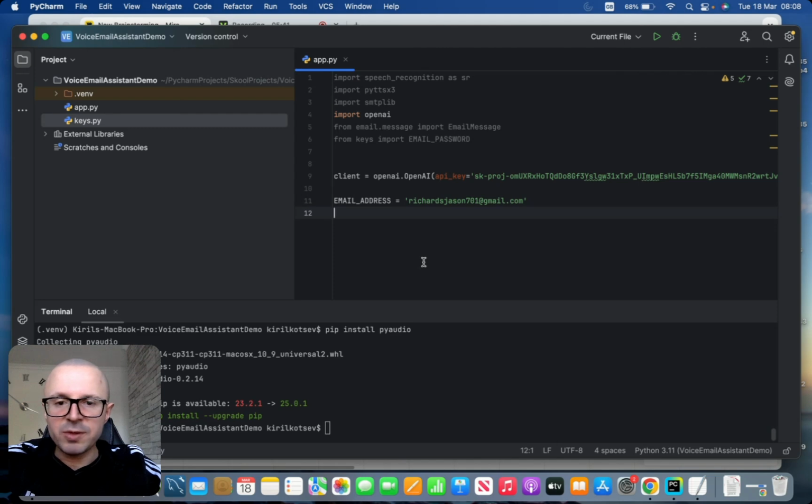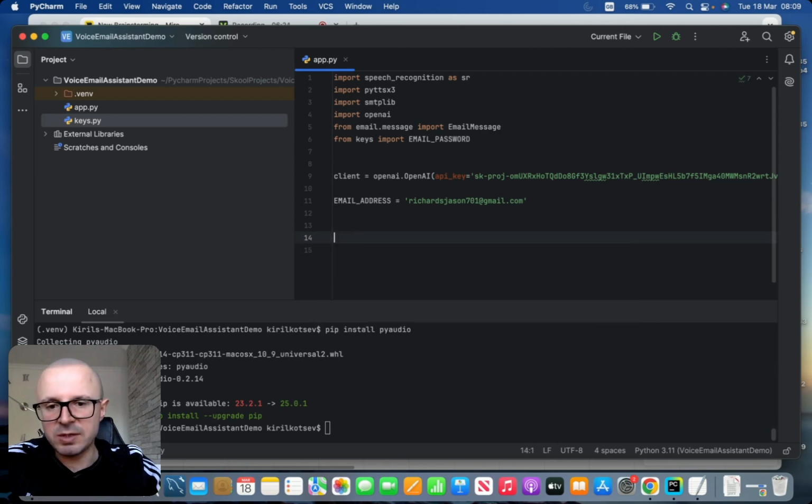If you want to know more details on how to get this application password for Gmail, I will add a link somewhere on the screen which points to one of my previous videos where I explain how to generate such an application password. It's very easy, and I've broken it down step by step. You can just go and watch this video so that I don't duplicate the effort in every video. Once you have generated the application password,